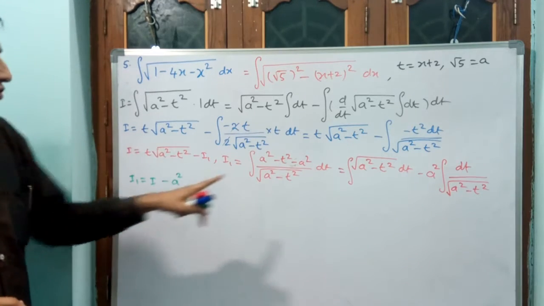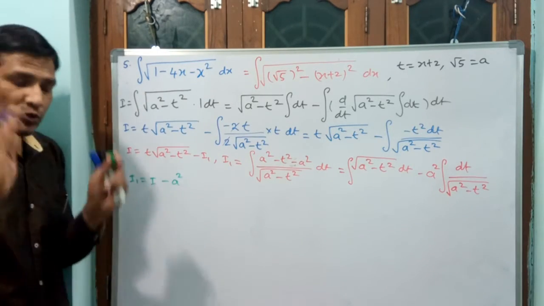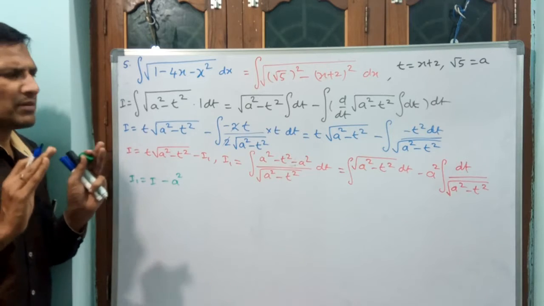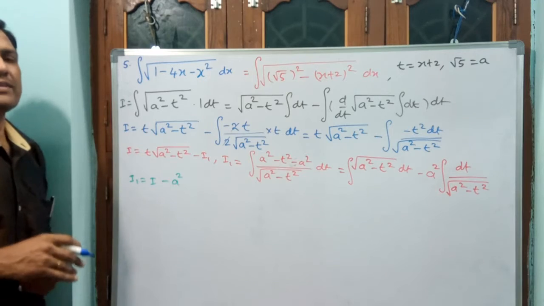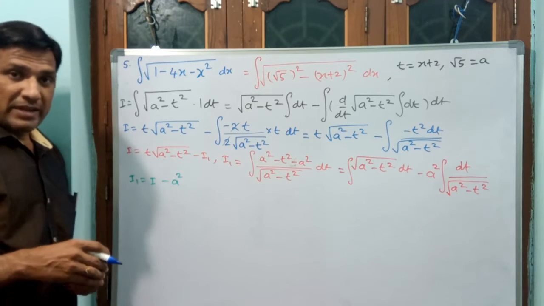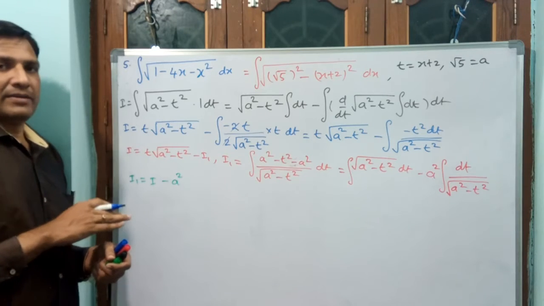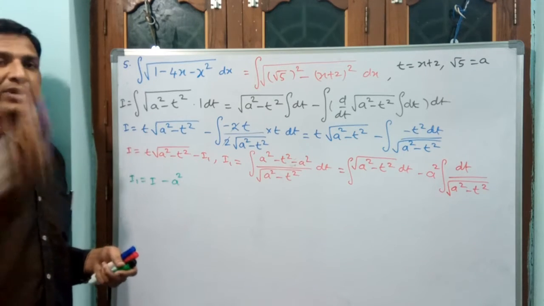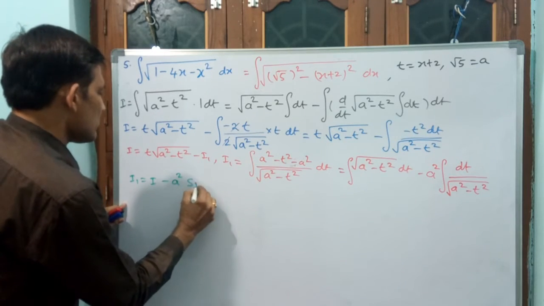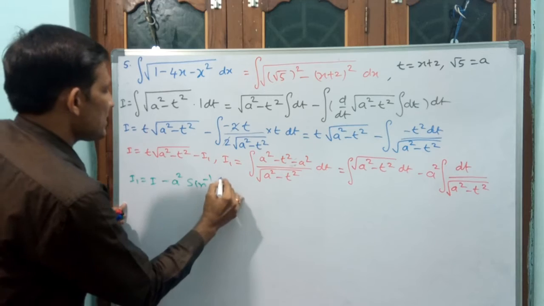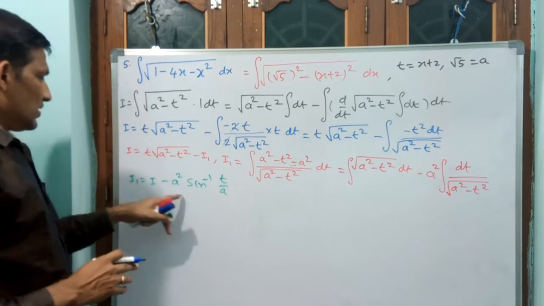Wait. This is I, okay, but what about this? 1 by square root of 1 minus x square. You think of a square or something as 1, like in your memory. 1 by square root of 1 minus x square is sin inverse x by a. For sin inverse x by a, 1 by a will not come in front. For tan inverse x by a, 1 by a into tan inverse x by a will come. Okay. Now sin inverse x by a. See what I am writing. A square into sin inverse, here t by a. Okay. Now see, this is I1.